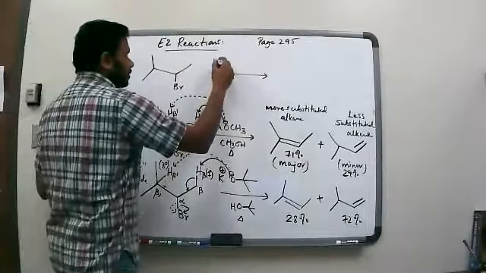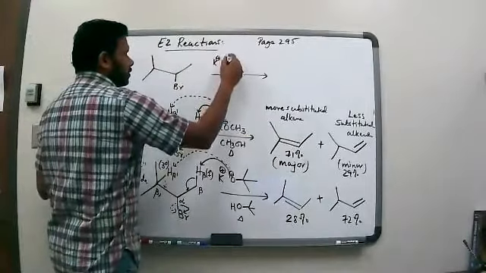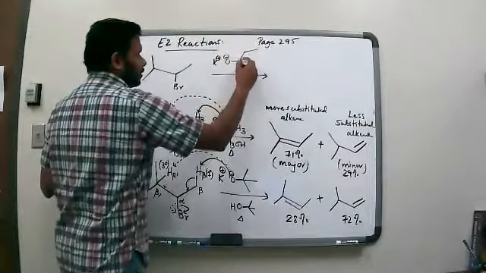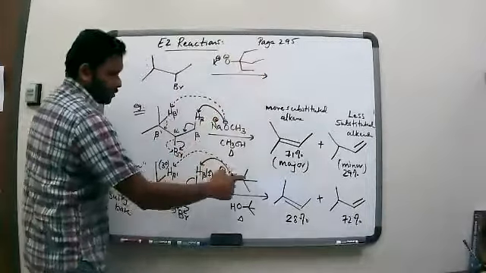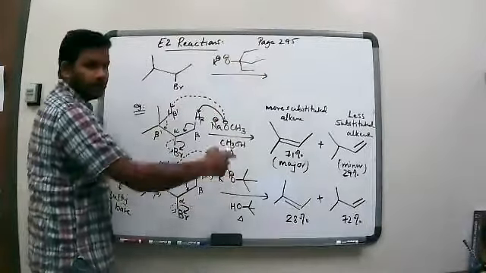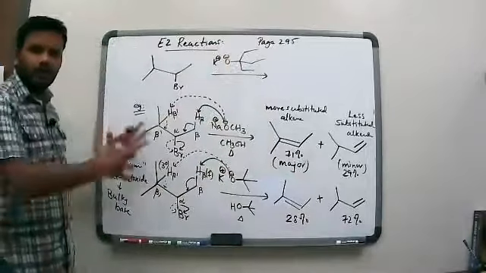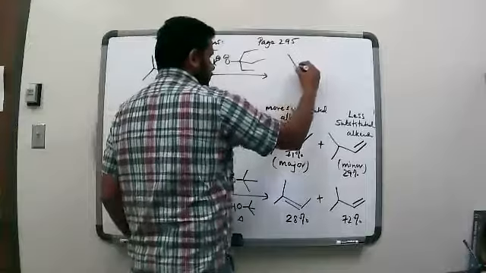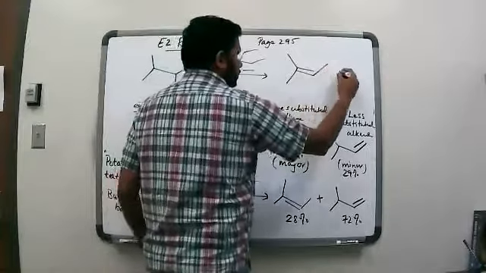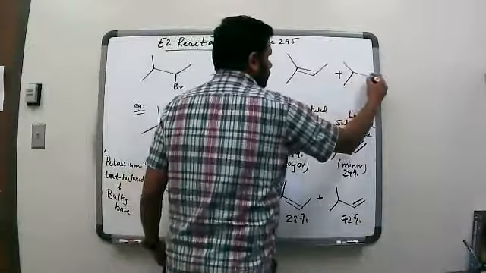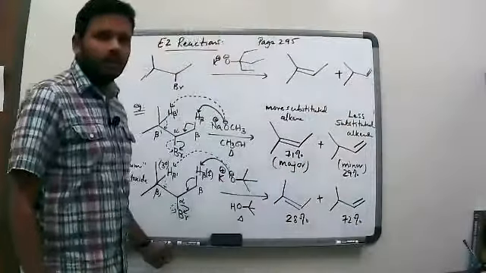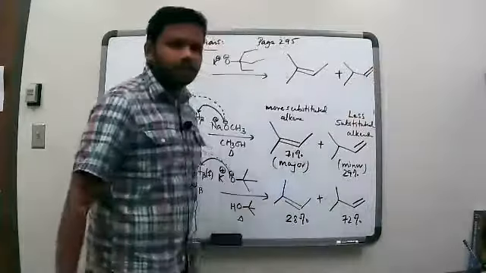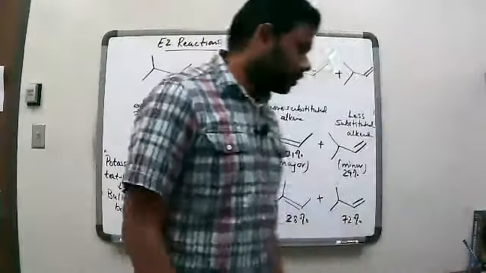So let's say what we're using is potassium with oxygen, and now instead of 3 methyl groups, we have 3 ethyl groups now. So we made it even bigger actually. If we do this reaction, we're going to get this plus that. Okay, the more substituted alkene and the less substituted alkene,